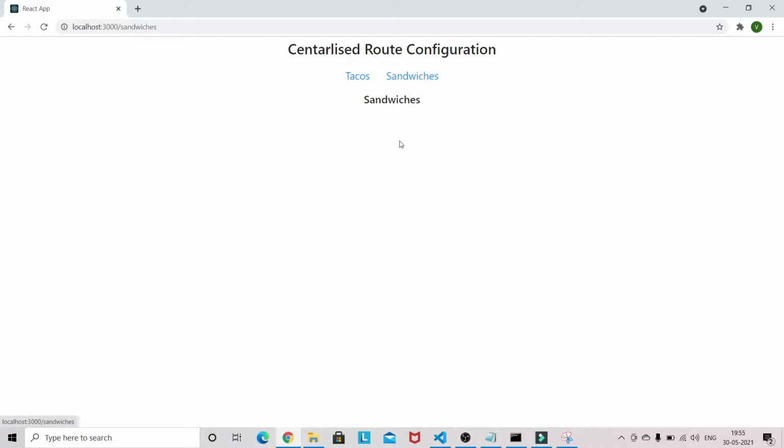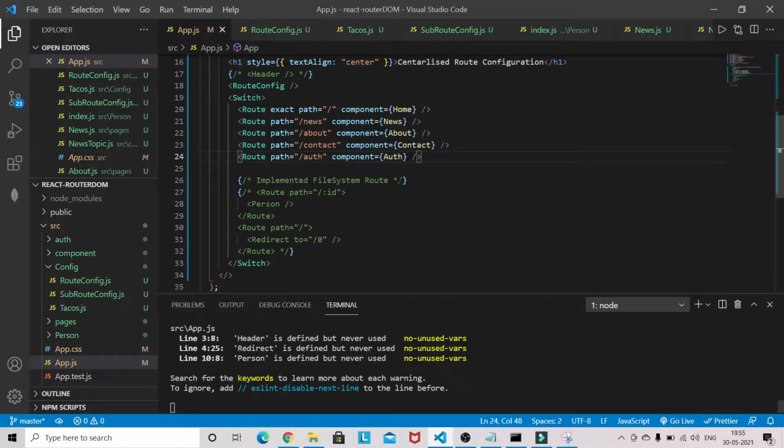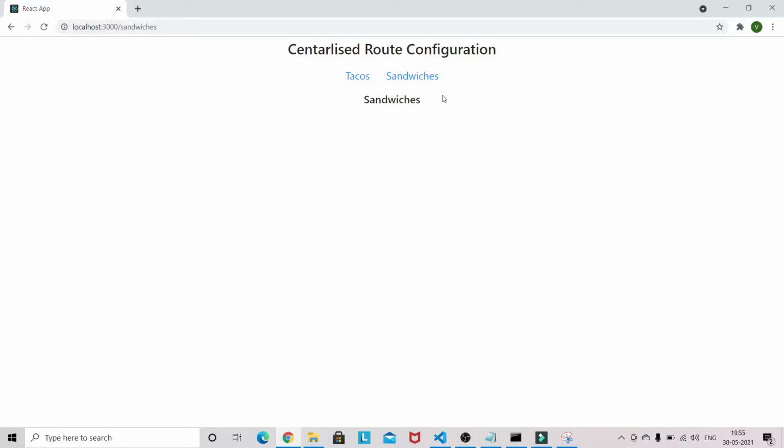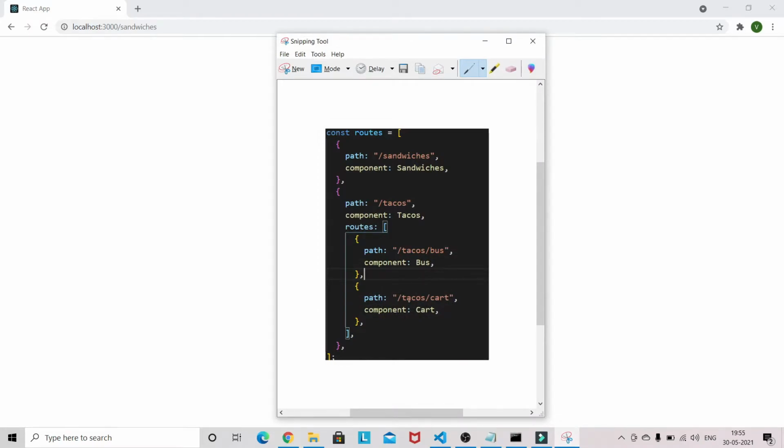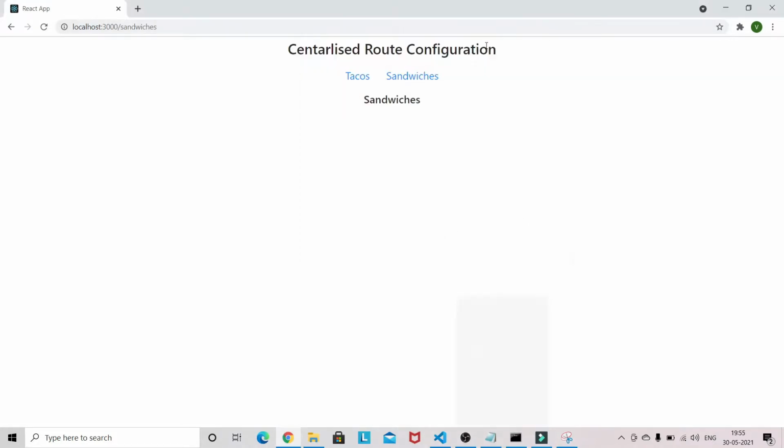You can also achieve this rendering with the help of this approach, but we are going to use the centralized approach. We will be doing configuration similar to this; this is the exact configuration we are going to do. So let's jump into the VS Code.